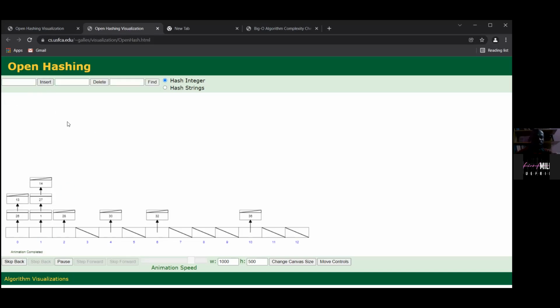Now, it simply means if we keep adding, once the items that we are adding are hashed, they will be mapped to the same memory location, like for these ones.